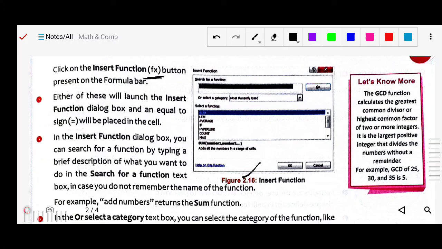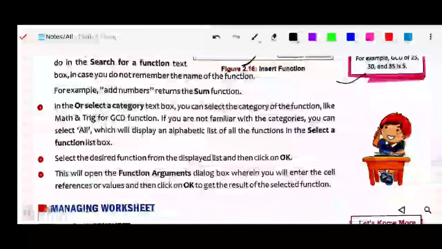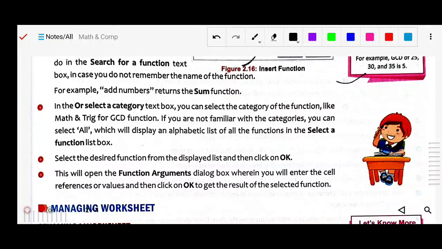Okay, like here the GCD function is used for the greatest common divisor, or you can say GCF, highest common factor. For this you can use the function GCF. Okay, so you can insert these functions, or you can find the function from here also, or you can define your functions also. You can create your own formulas and save them there, or select categories like math and trig. All these functions are categorized.